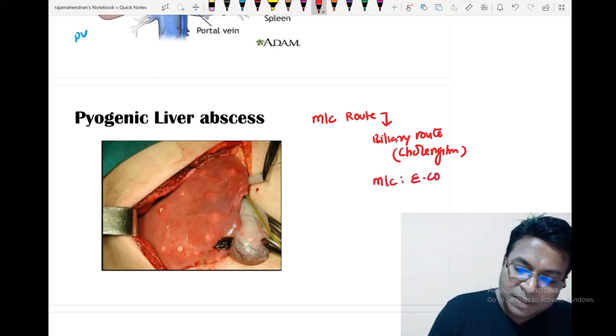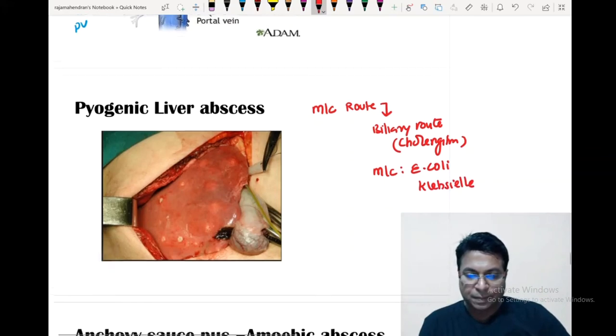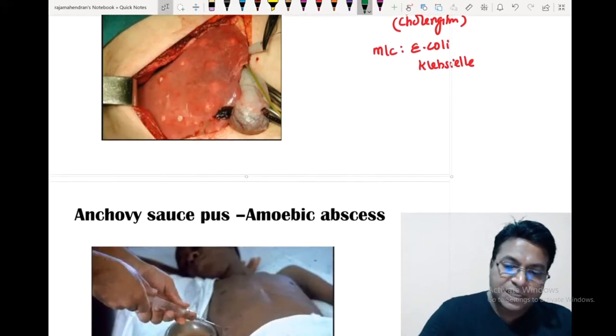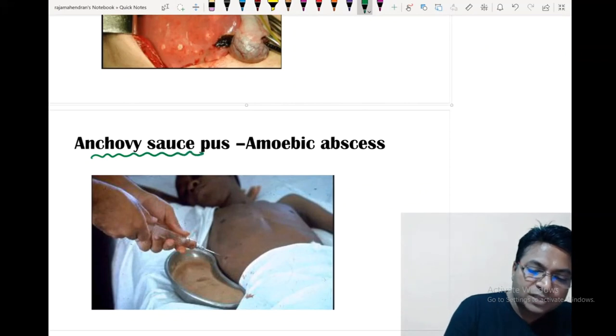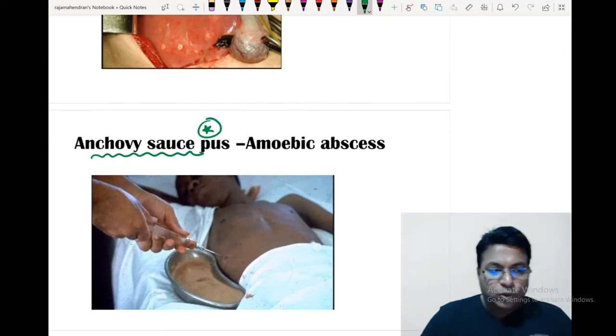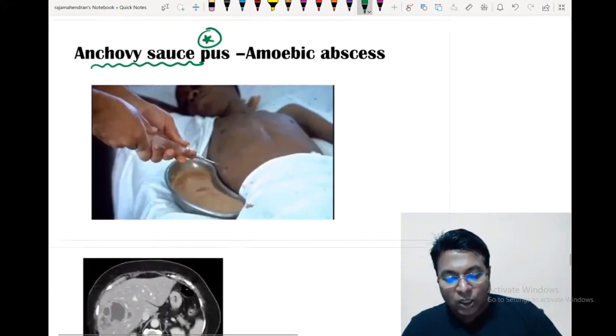Most common organism is E. coli and Klebsiella. This is a picture showing you a pyogenic abscess. If it is an amoebic abscess, it will be like this. The abscess will have anchovy sauce pus color. How to differentiate? As surgeons, how we differentiate whether it is pyogenic or amoebic is by taking a